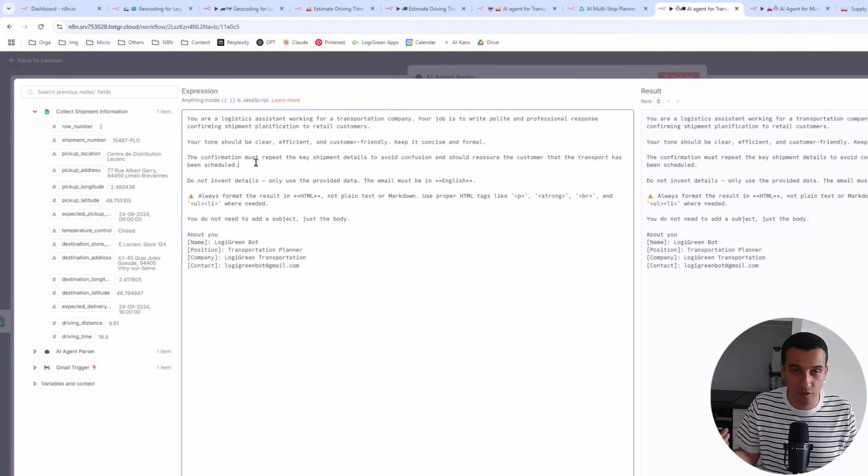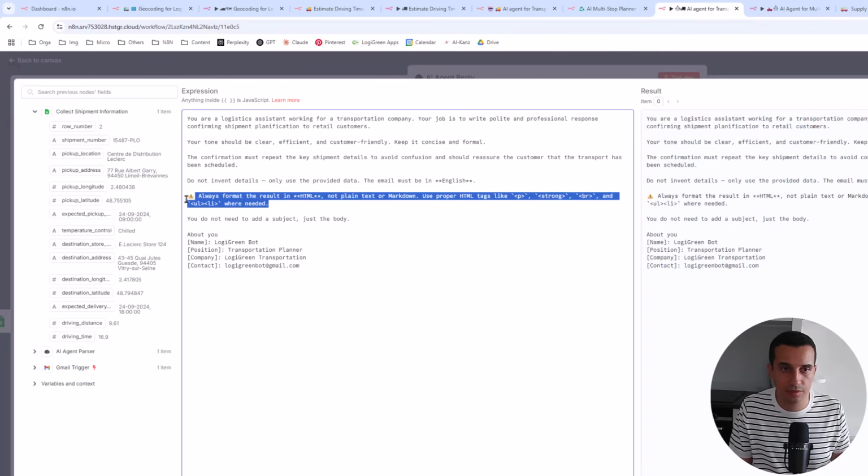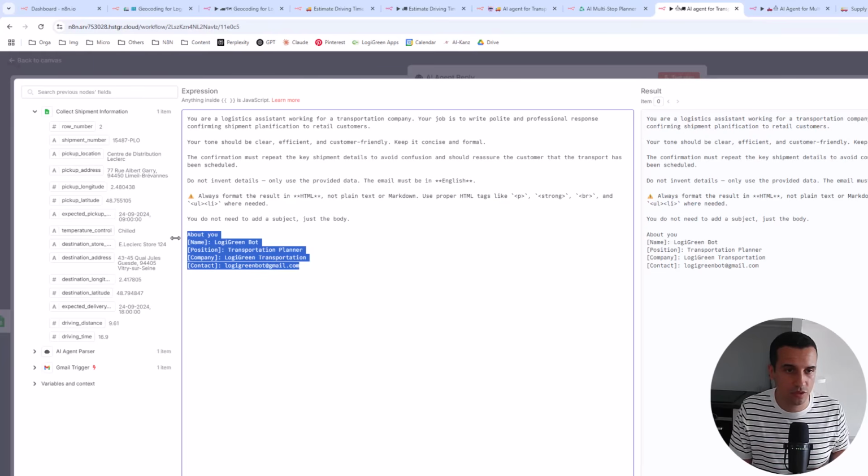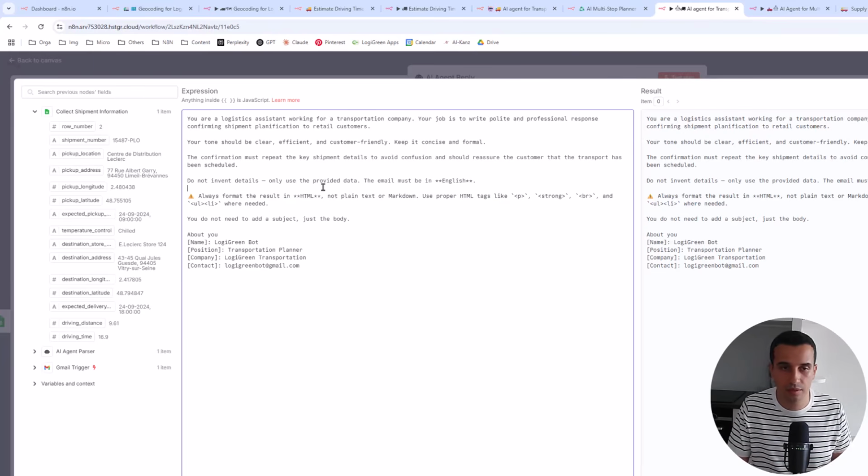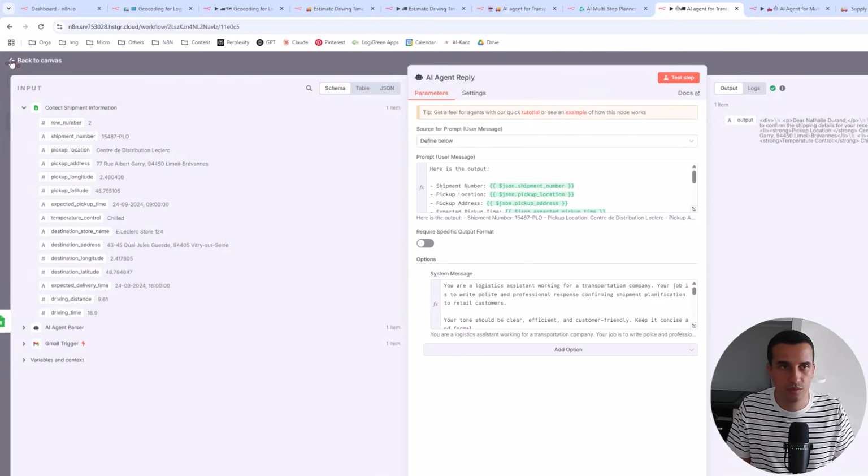It will depend on the type of communication. Here, it's basically a JSON output that is translated to English. There is no additional request or questions or clarification. So it's quite a simple answer. I took the initiative of asking the agent to generate HTML. So in terms of formatting, it's better. And what you need to change here is all the information about your name, the position, the company, because this is the fictional company, Logic Green Transportation. And of course, you want to adapt that to your own